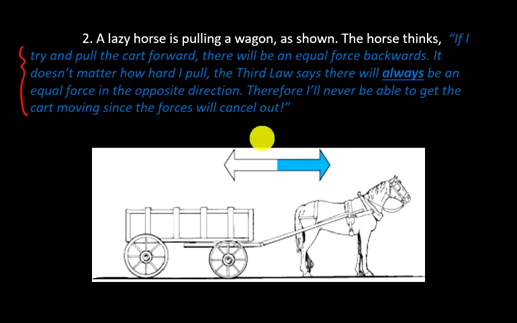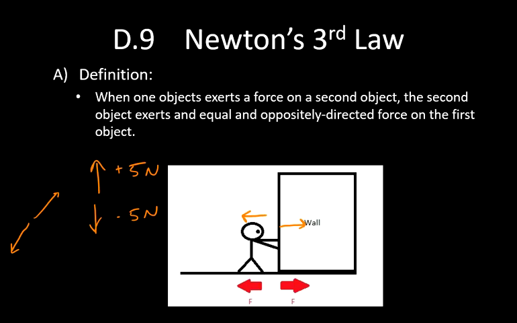The remedy is what's drawn right here. This is very misleading. This is implying that for this horse and cart, when there's a force this way, there's a force this way, they cancel. The third law, I'm going to go back to my definition. It's talking about different